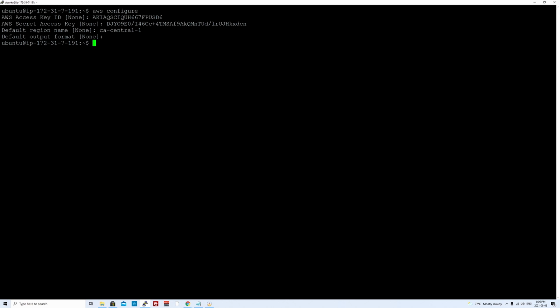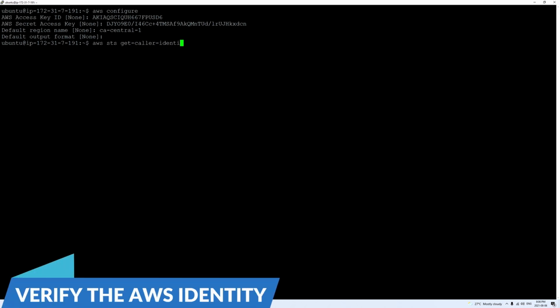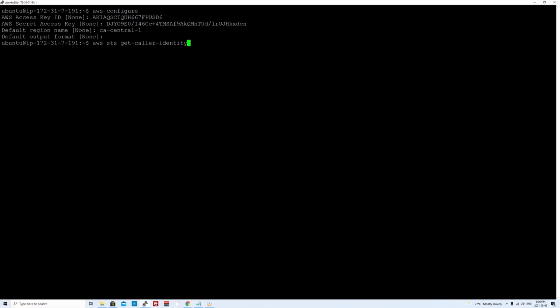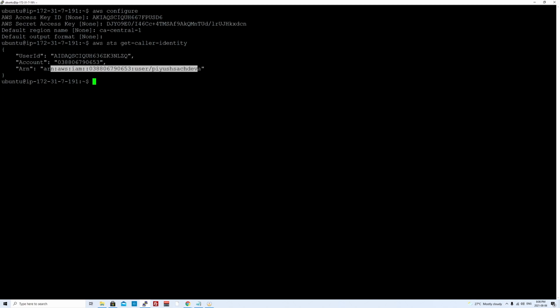with the EKS cluster. Now the next step is I'll do aws sts get-caller-identity to just make sure that we are using the correct identity. If you are using a role, it would appear as role details over here, but now that I am using my user, it's showing me the ARN of my user. So this is good. Now the next step is we have to update the kubeconfig to generate the credentials for my particular user.